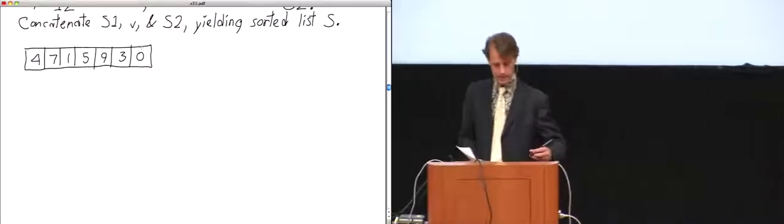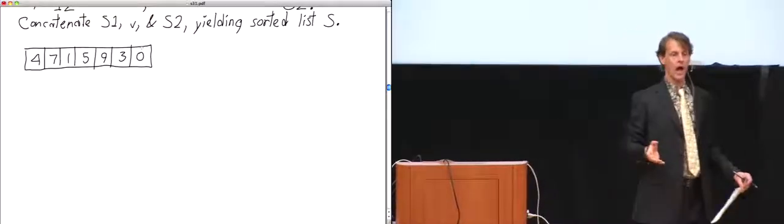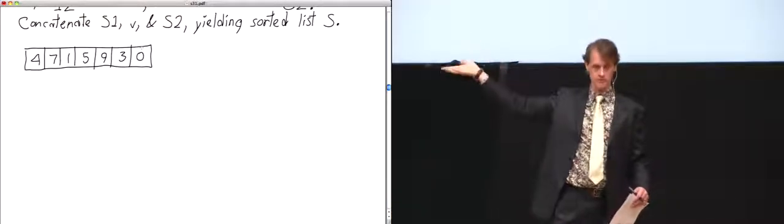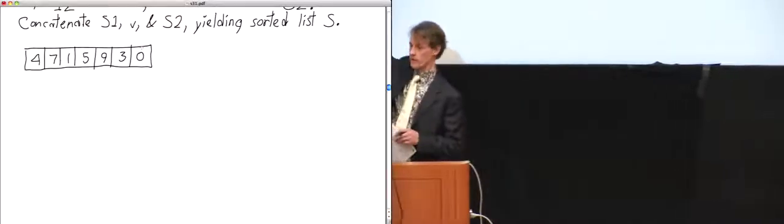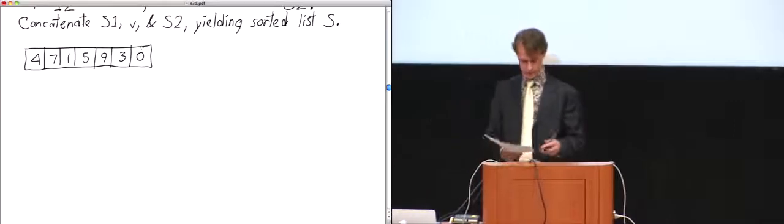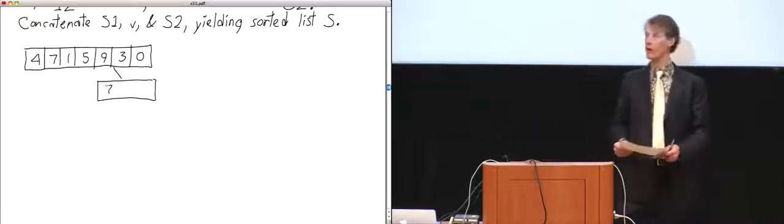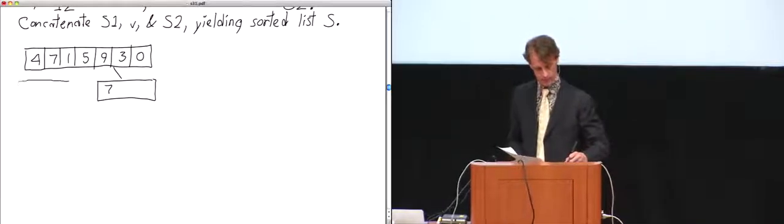So what I do is I walk through the array from left to right, skipping the pivot, and each item goes either into the list of items that are less than the pivot or the list of items that are greater than the pivot. So start with 4 as the pivot, then there's a 7. The 7 is going to go into the list of items to the right, because it's bigger than the pivot 4. Then there's a 1. 1 is less than the pivot 4, so I'm going to put that in a different list of items that are less than the pivot.